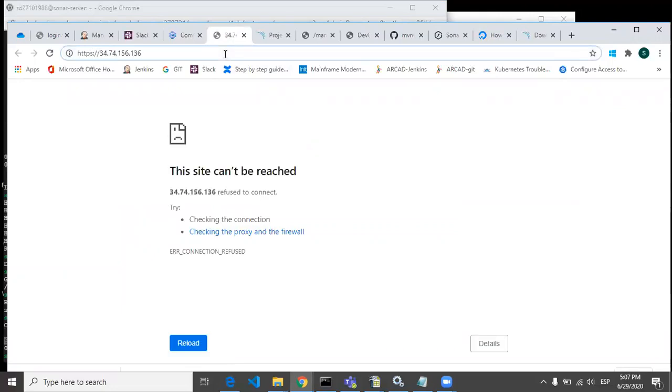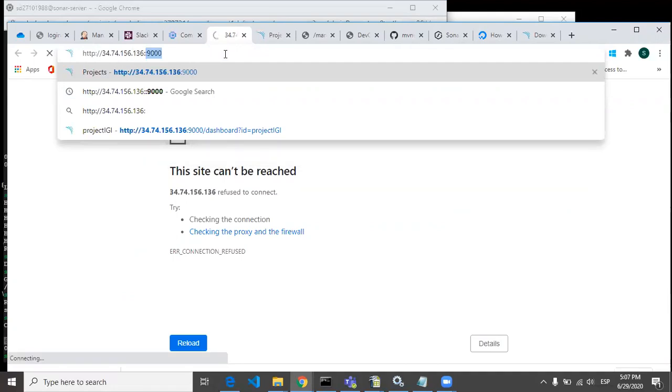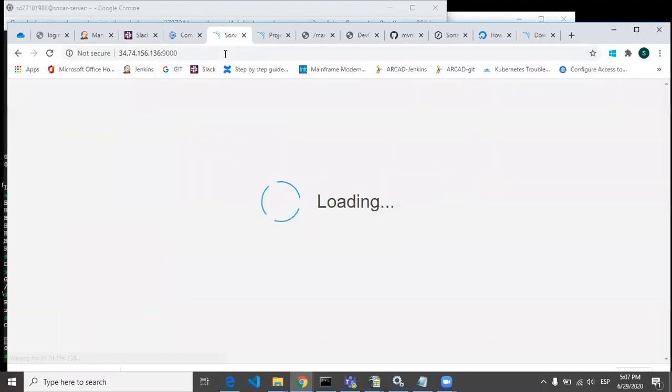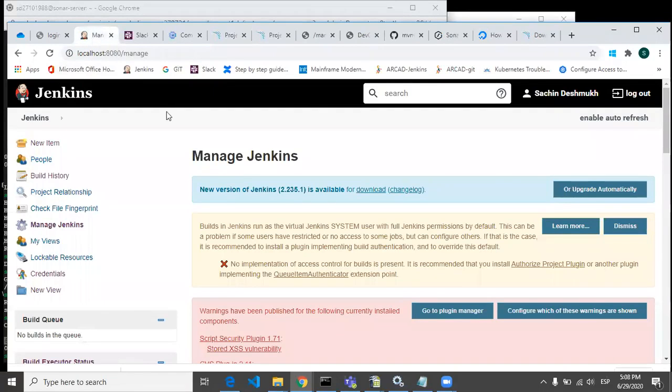Come here, remove the S and put colon 9000. So this is the SonarQube dashboard. Now let's create a job which will do the code analysis for your application.